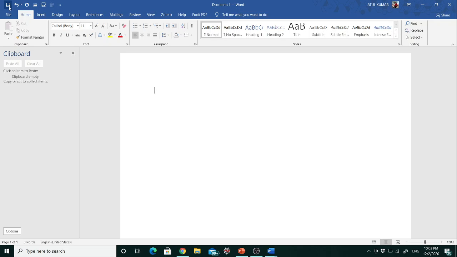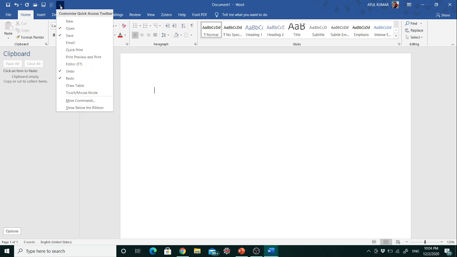On the left hand side we have what is called the quick access toolbar on the title bar. You can customize your quick access toolbar by this feature menu. Just click on this pointer, and here different kinds of options are available. You can make this quick access toolbar appear below the ribbon.